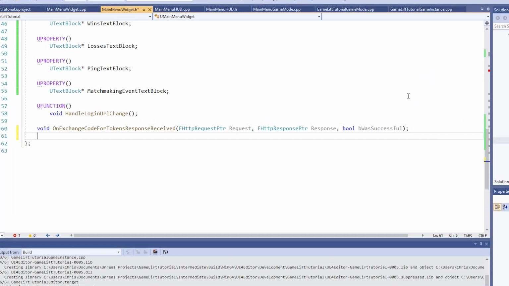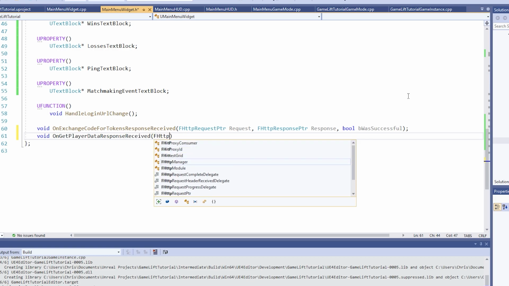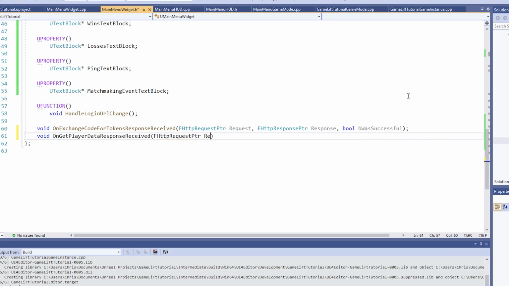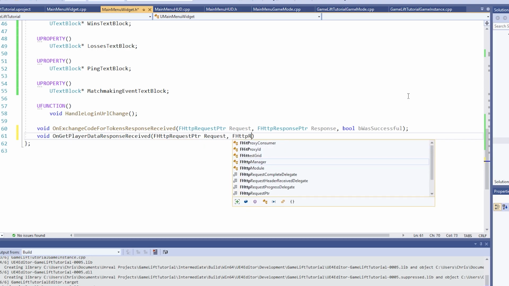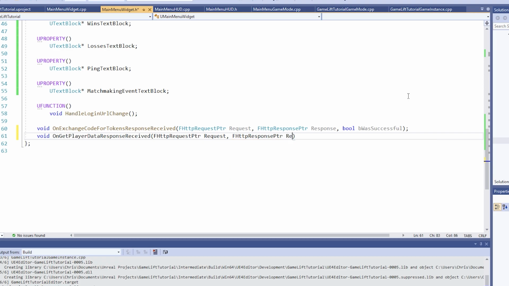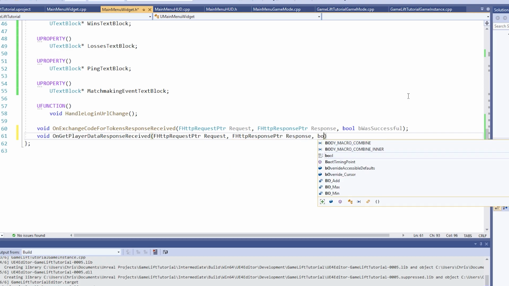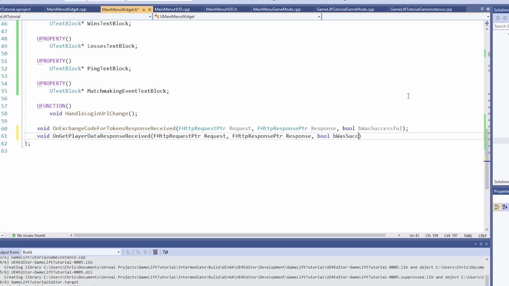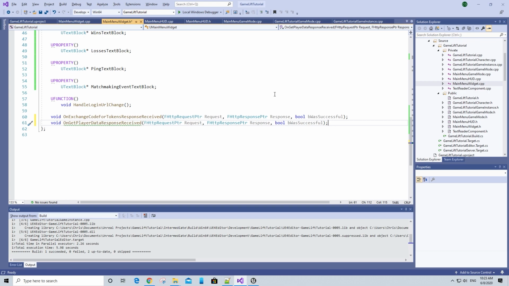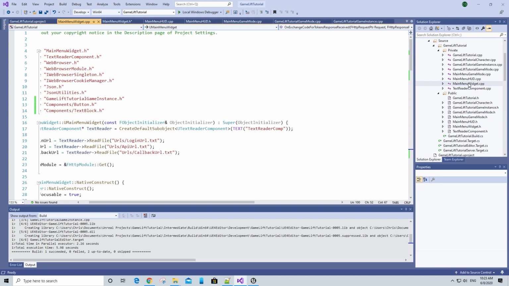file here. So I'm going to type out void onGetPlayerDataResponseReceived, and then in parentheses FHttpRequestPtr Request, FHttpResponsePtr Response, and bool bWasSuccessful. After that, let's go back to the main menu widget C++ class and actually make the request to the API